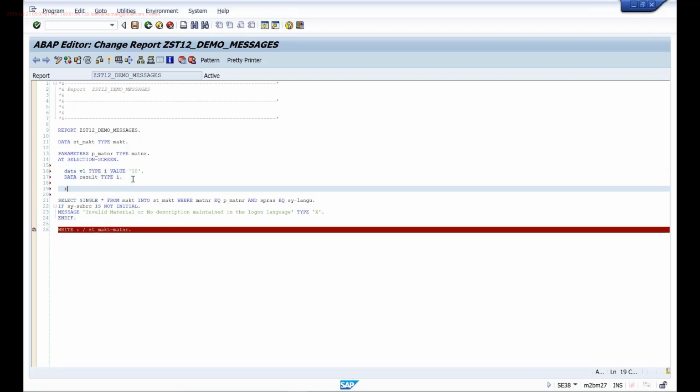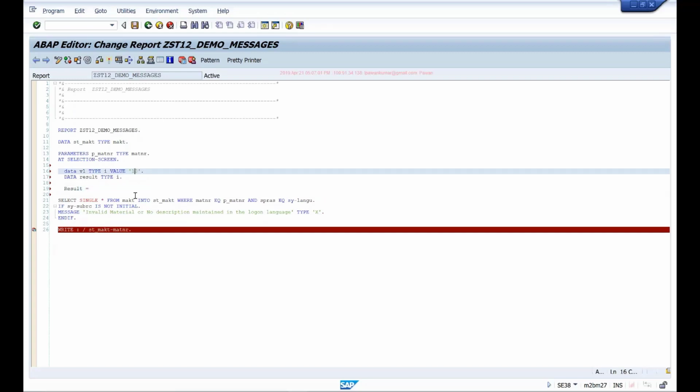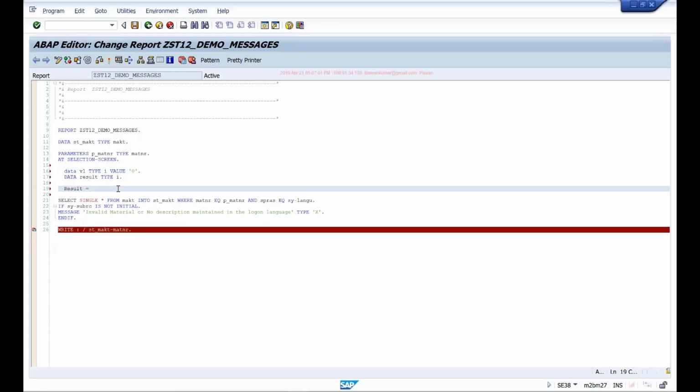And if I say result equals to, I'll keep it 0. I'll use a variable for 0 so that the system won't know until runtime. Let's say 10 divided by V1. 10 divided by 0.